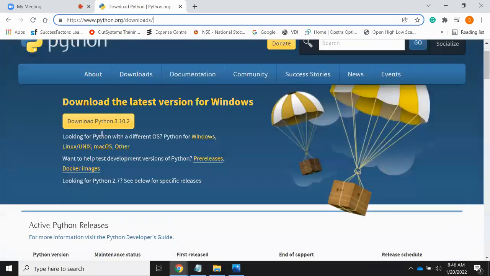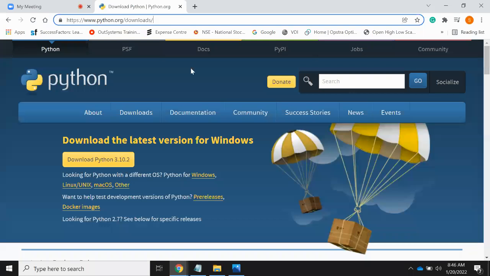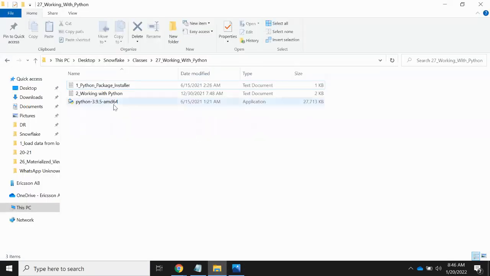This is the latest version which you can download. Once it is downloaded, you need to click on the permissions, the terms and conditions you need to accept. After that, it will be installed in your system. Just double click on this particular thing. That's it. Once it is installed, what you need to do is, if you want to make sure that